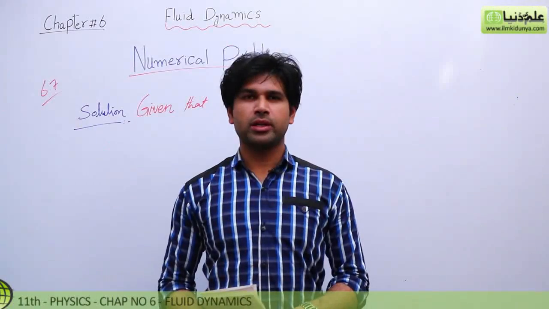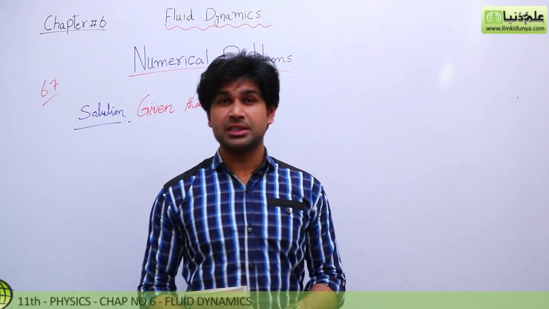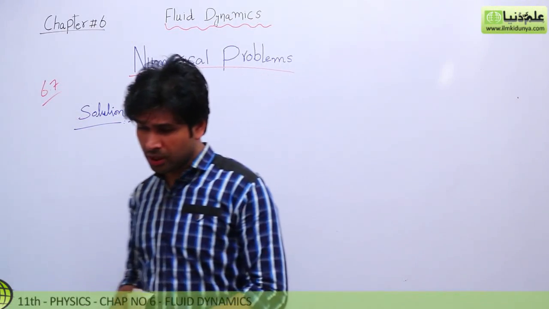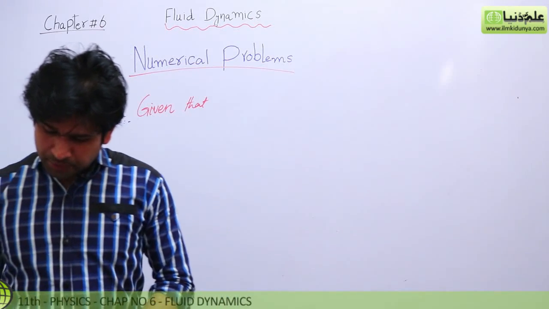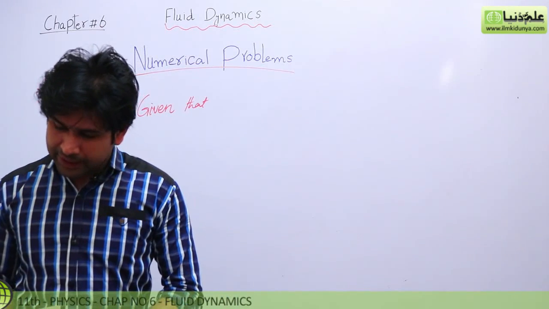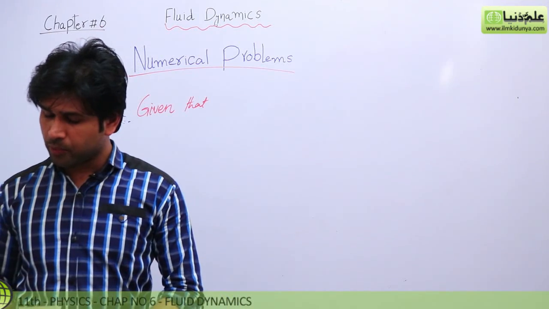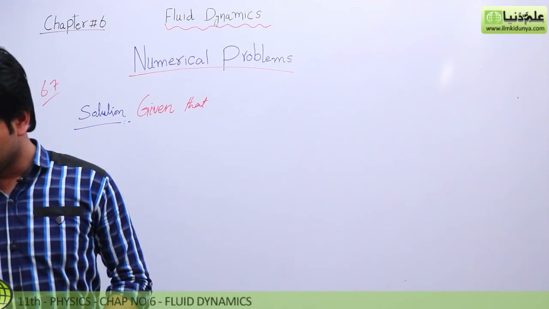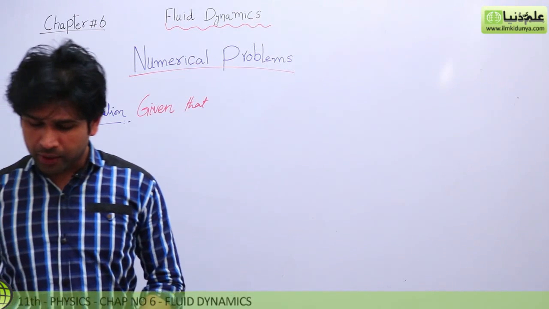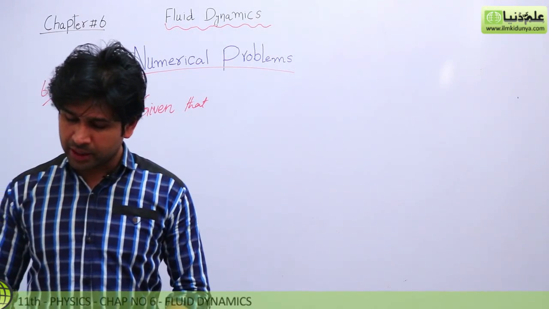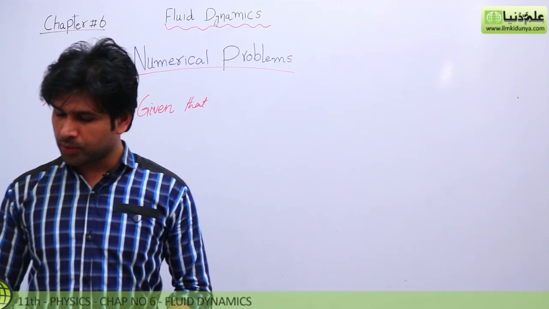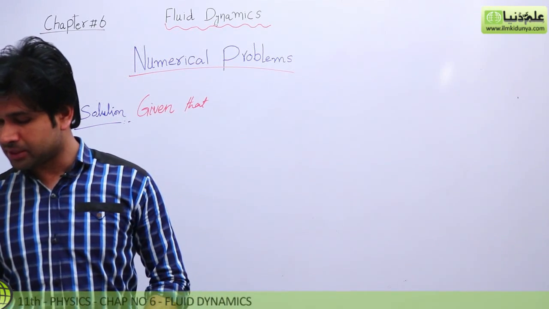Dear learners, now we are going to solve our next numerical, which is 6.7. The statement of the numerical problem is mentioned in your book. I'm going to read this statement. How large must a heating duct be if air moving 3.0 meter per second along it can replenish the air in a room of 300 meter cube volume every 15 minutes? Assume the air's density remains constant.